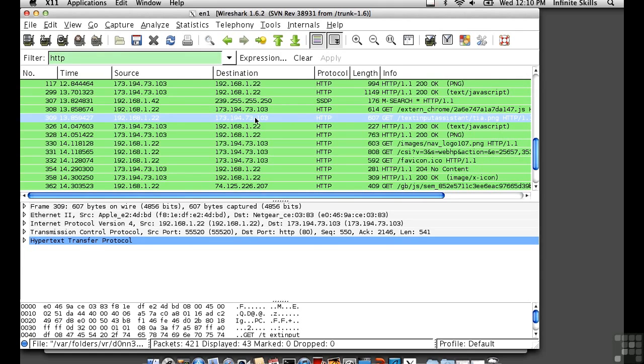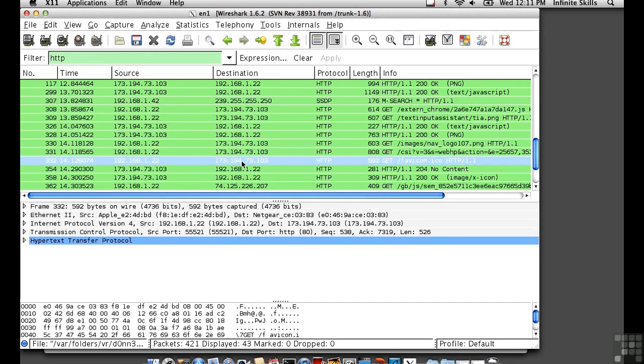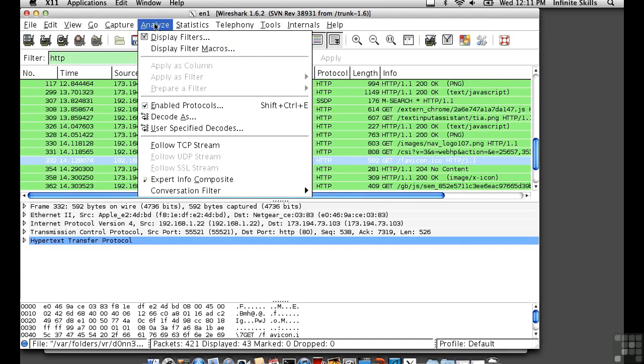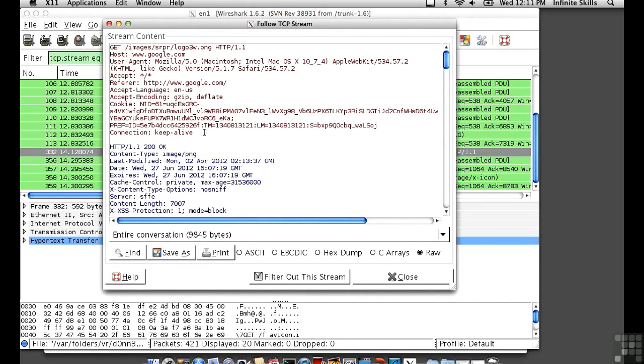I can select one here where it says GET text input assistant, and it's going to get an image that's a PNG image. This is a request to get the icon that's going to be displayed in the address bar in the web browser. It's favicon.ico. What I can do here is select Analyze and Follow TCP Stream, and